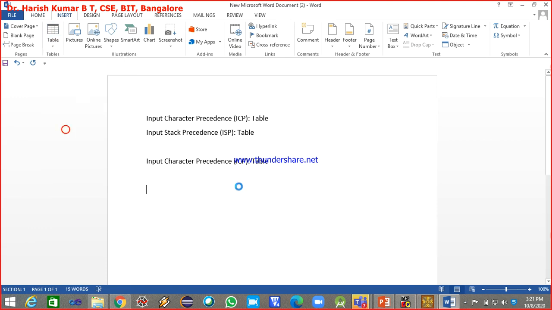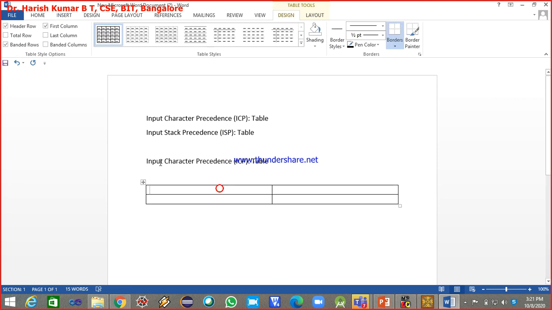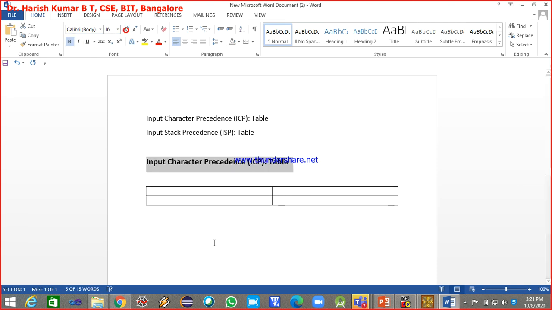I just need a table of 2 columns. Okay, enough. I am writing now this input character precedence table. I'll write here plus operator, comma, and then minus.